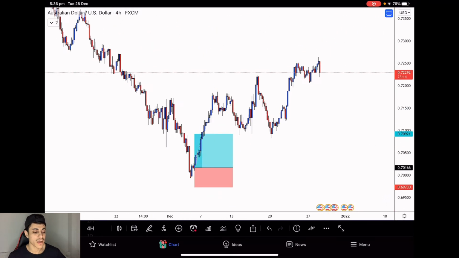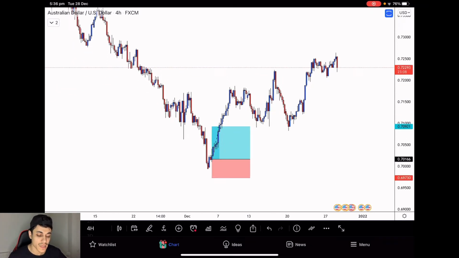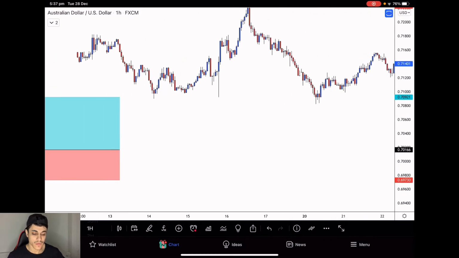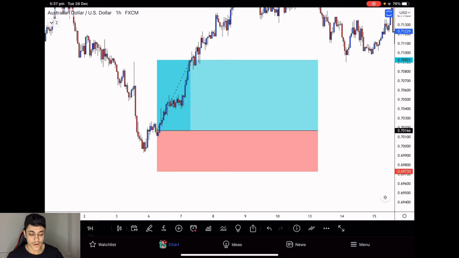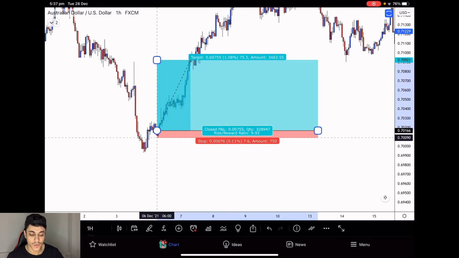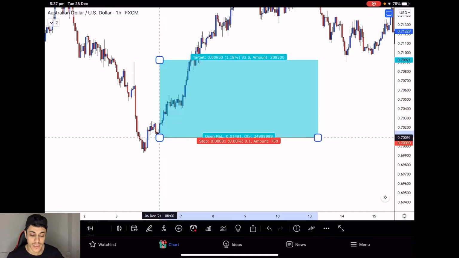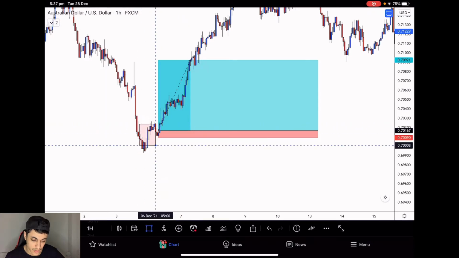Now, obviously, I don't have my levels here and my key levels and support and resistance and everything else, but let's just talk about why you shouldn't. Let me just scale down to the 1 hour time frame, because that way we have more details to explain. Let's say you enter right there and you put your stop loss right below here. Now, why this is wrong and you shouldn't put it there is because this whole area right here, from here to here,